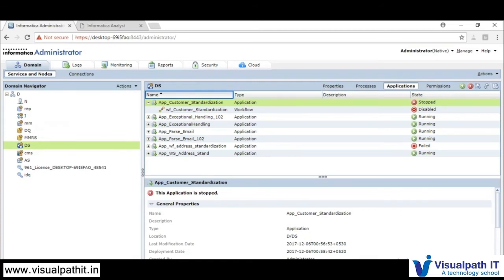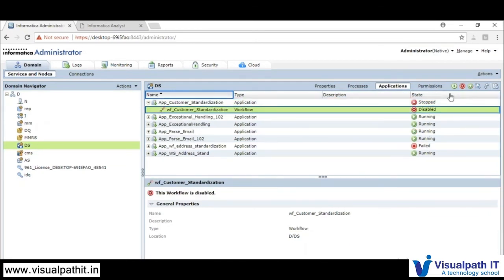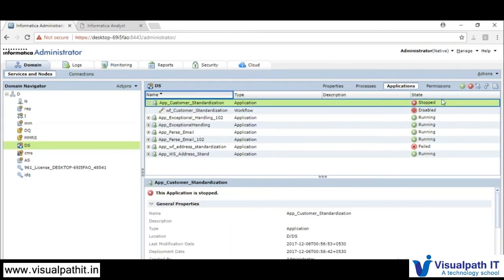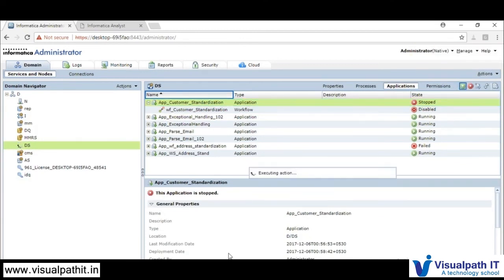That is the flexibility we have, starting and stopping. If you want to disable some functionality, then we will go for this. That is the applications part we have in your developer tool.